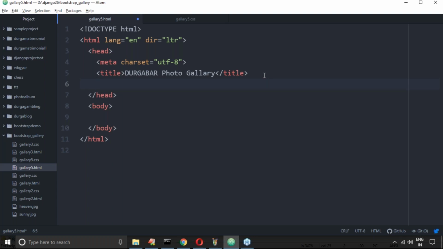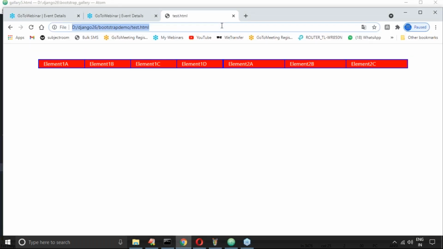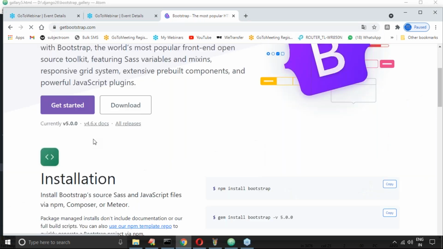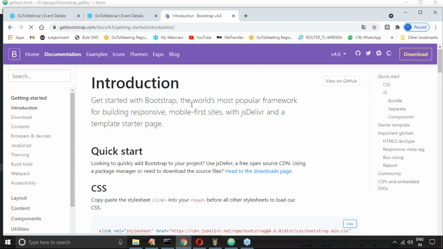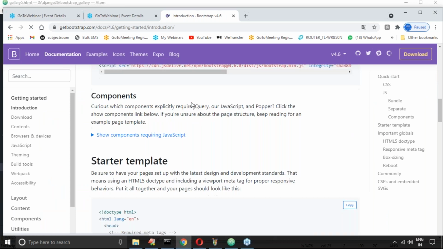Next, we are going to use the navbar hamburger. If you want to use the navbar hamburger, bootstrap JavaScript is required, and for JavaScript, jQuery is required. We remember we covered this somewhere in our last session. That's why please make all these things available at the beginning only. So let me open getbootstrap.com. Now the 4.5 version. The total problem is with the newer versions, so please take special care about this one.